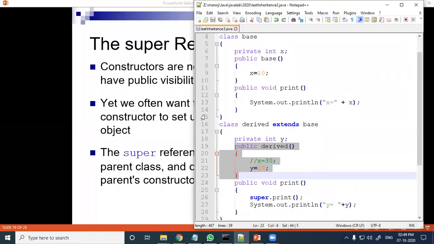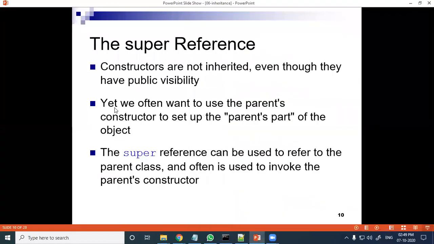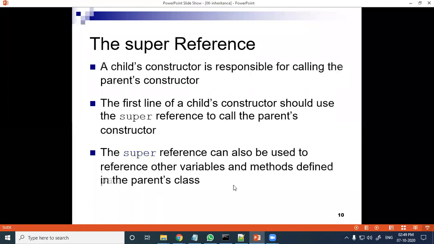We will use it later. Next point: we often want to use the parent's constructor to set up the parent's part. The super reference can be used to refer to the parent class and is often used to invoke the parent's constructor.